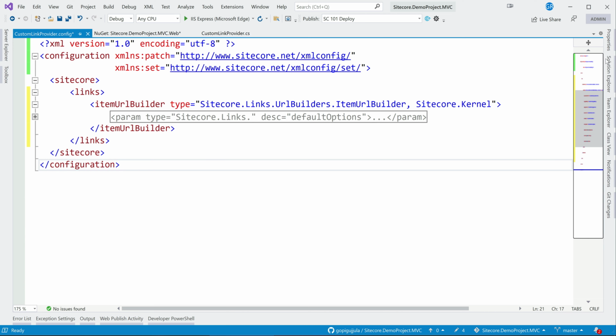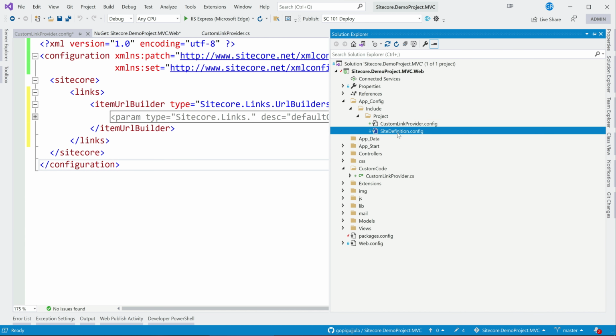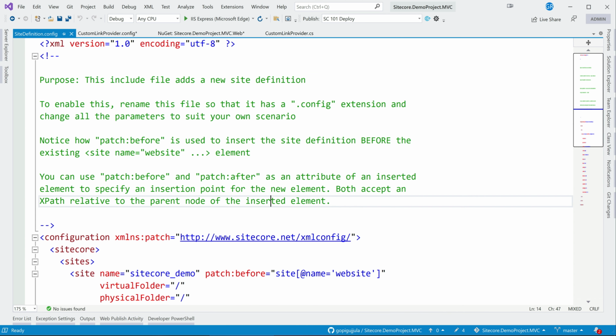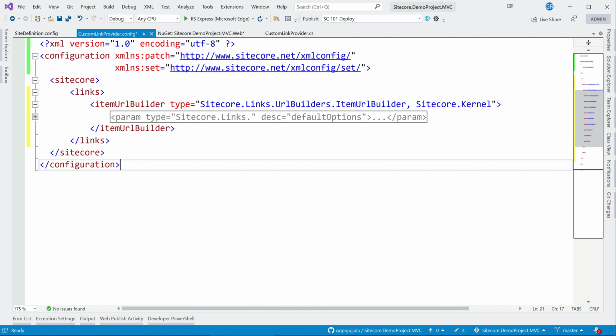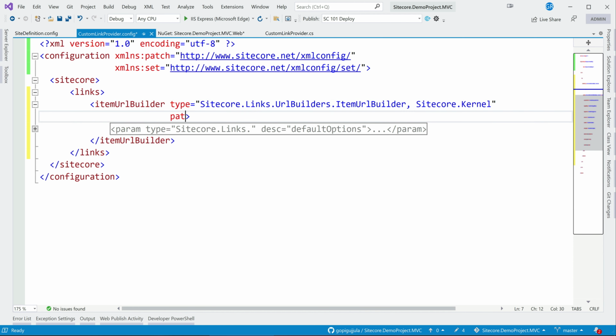Let me show you that site definition. What we did was patch before, but we are not trying to do patch before. We are trying to replace it itself. So let's do patch instant. For this, let me go down, patch instant equal to, and namespace, and we are trying to find this by type.